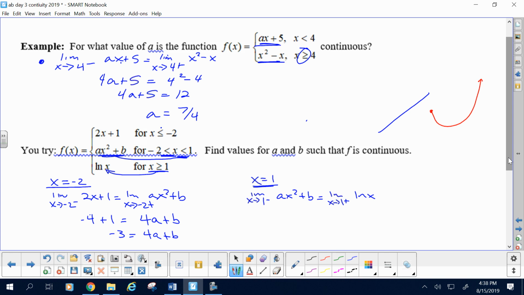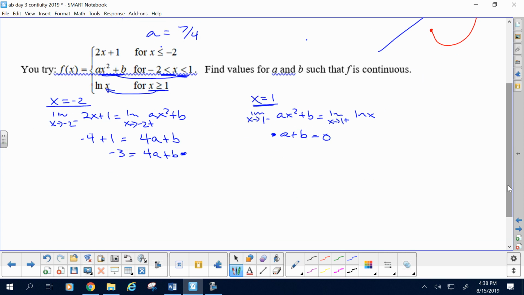That's x goes to 1. So that's a plus b equals log of 1. Log of 1 is 0. That's nice. Now between these two equations, we can solve. Probably by substitution would be easiest. Wouldn't you agree that a needs to equal the opposite of whatever b is? If I throw that in, then I get -3 equals -4b plus b, or -3 equals -3b, so b must be 1, which implies a must be the opposite,